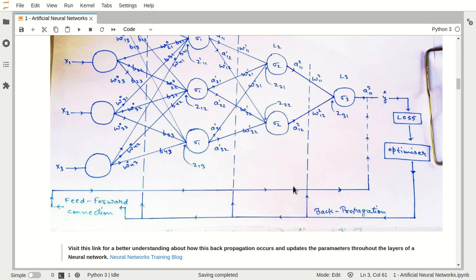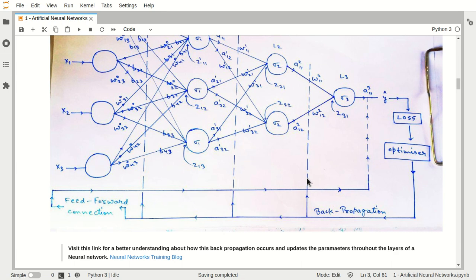Maybe we can go with Google Meet, but we'll get some disturbances. So just try to consider this as our z axis, this as our y axis, this as our x axis. Now this will be our weights, this will be our biases, and this will be our error factor.